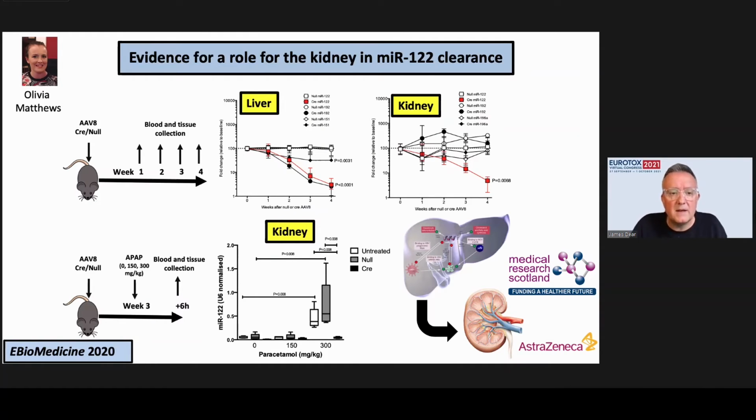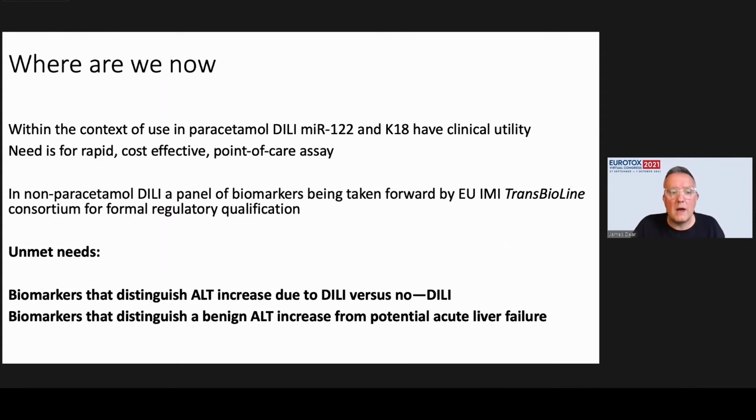When it's depleted in the liver, it goes down in the kidney. When the liver's injured, it goes up in the kidney, but it doesn't go up in the kidney if the microRNA is depleted in the kidney. And we found that genes regulated by MIR-122 change in the kidney. So the hypothesis we're working up is that the release of MIR-122 from the liver has an impact on the kidney. And that may be a link between liver injury and kidney injury. So I'll go to my final slide and say where we are, but also what we need.